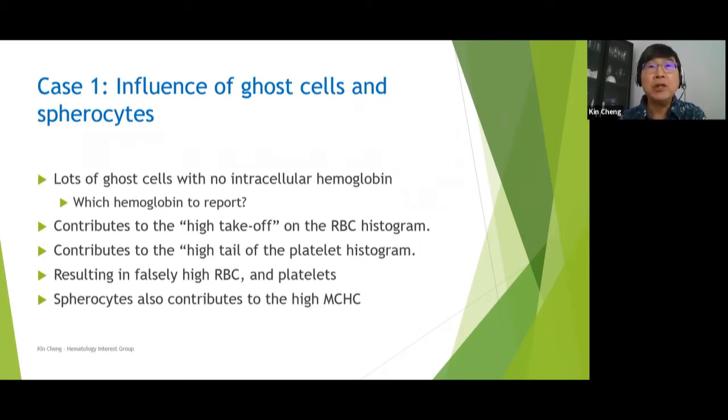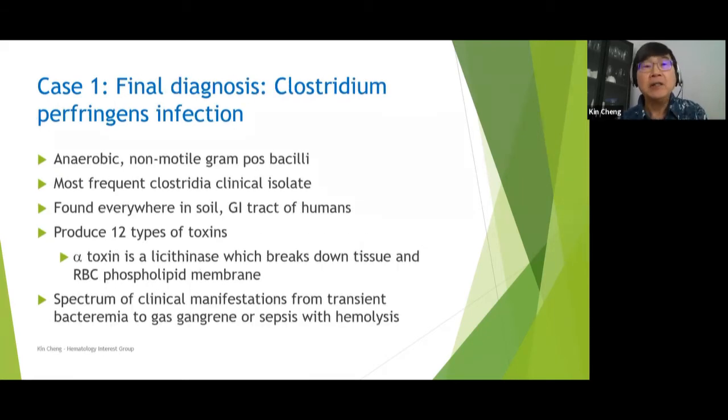Now, for those of you who have only the 3-part, the smaller analyzer that generates only a 3-part histogram, you still have the red cell histogram, the white cell histogram, and the platelet histogram. I hope you do. Okay, so the final diagnosis for this case is a Clostridium perfringens infection,